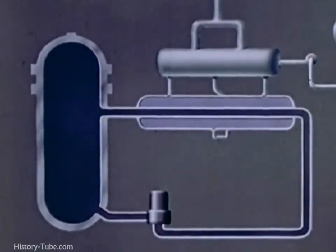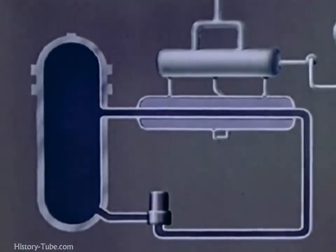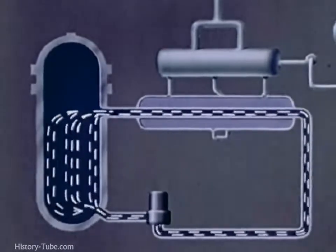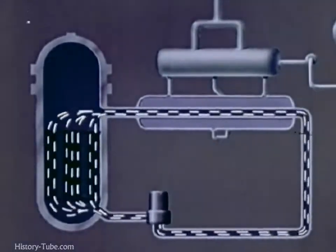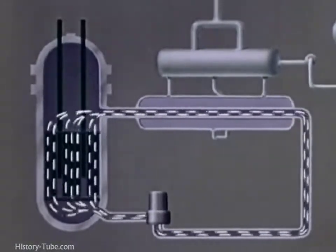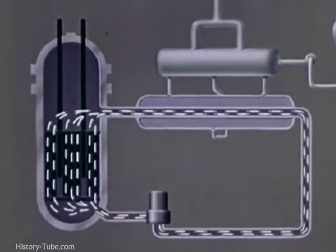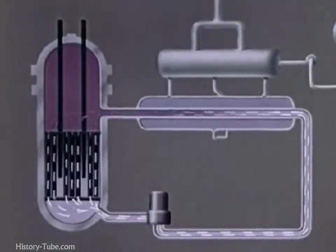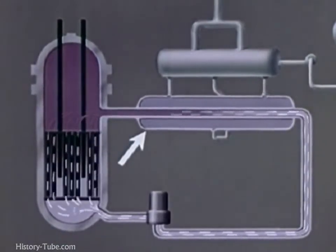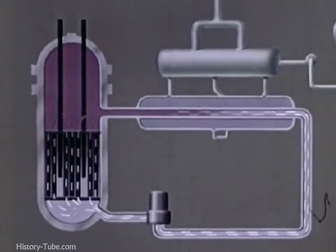In the primary system, ordinary water of high purity, kept under pressure to prevent boiling, is pumped through the reactor. This contains uranium fuel and control rods. The water serves as a neutron moderator as well as a heat transfer medium. Heated by the fuel, the water flows through a heat exchanger. There it gives up some of its heat, is then recirculated by the pump